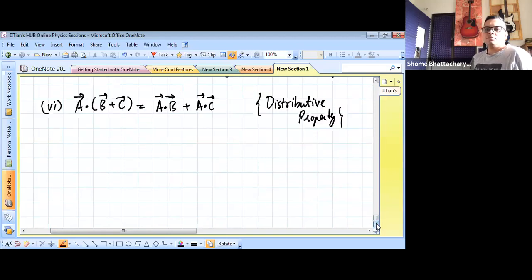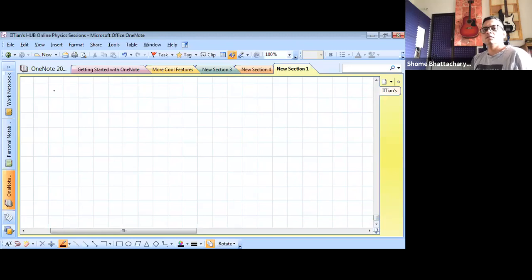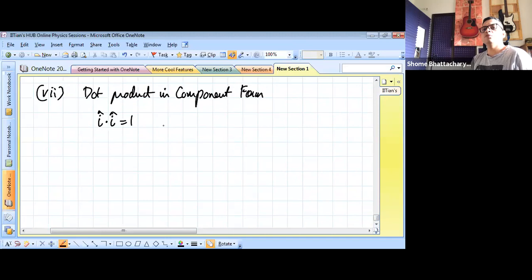Now similarly, next up, let us understand dot product in component form. So for that, first we'll understand these properties that i cap dot i cap will be 1 because it's a unit vector. Dot product with itself is magnitude square. So similarly, j cap dot j cap is magnitude square, so that is 1, and k cap dot k cap